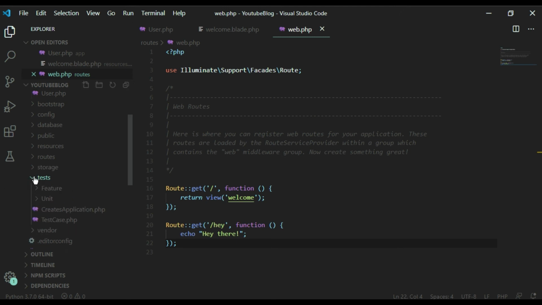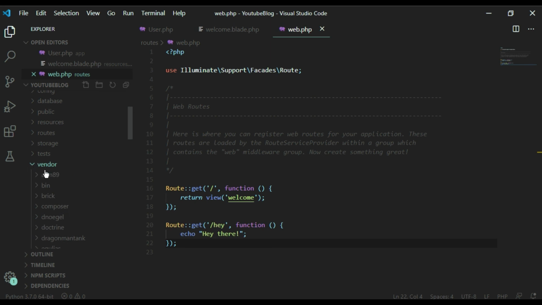So code writing code to test your code. This is also a little advanced stuff that I'll be taking you through later. Then we have the vendor. Here's where all your packages or your dependencies, all the libraries that were installed, or you install, will be shown